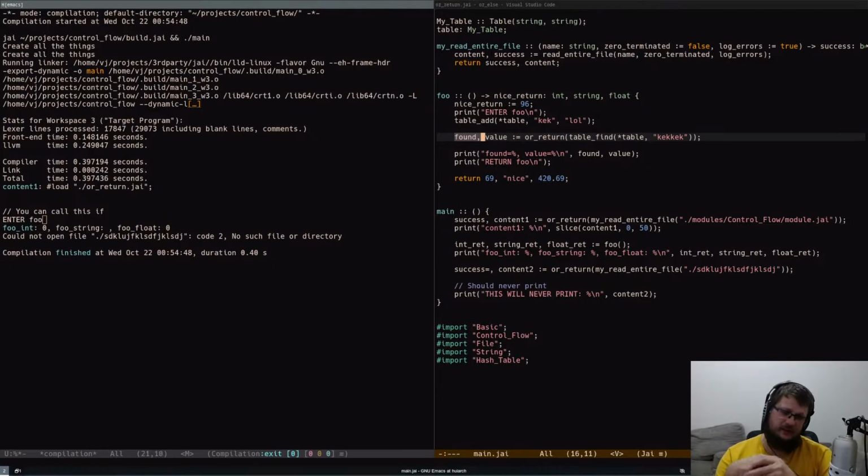Does it make sense, or would a potential caller still want to have access to that? I guess if they opted to use our return, they want to just